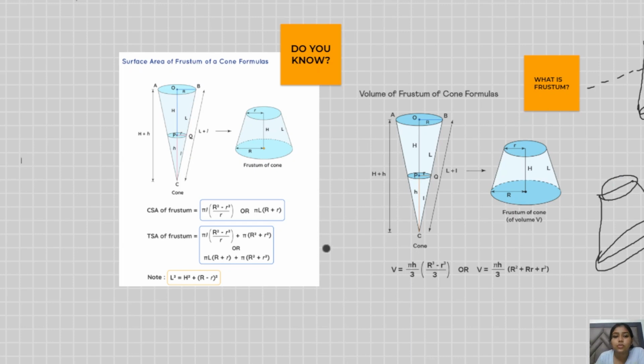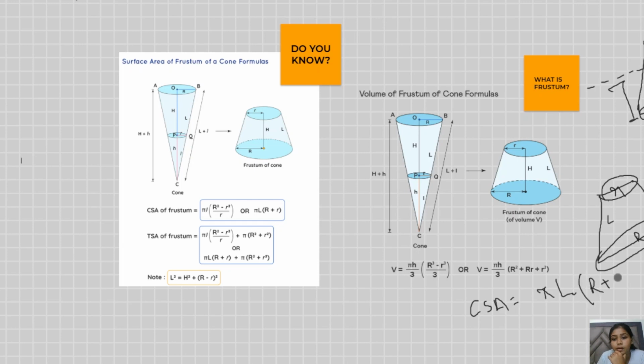Okay, so you can have a look at this: this is the total height of the cone. In the case of the frustum, this will be the height. Let's suppose this is the frustum, this is the height h, this is the slant height L, and this is the radius. So basically there are two radii, because in the case of the frustum you can see there is a large circular base and a small circular base. So these are the two radii, and according to that, the CSA of the frustum is